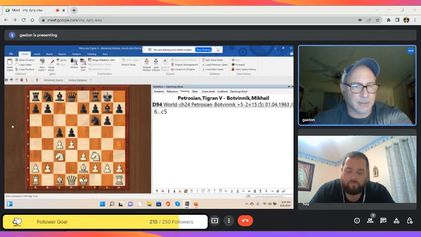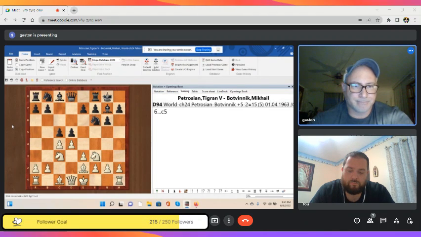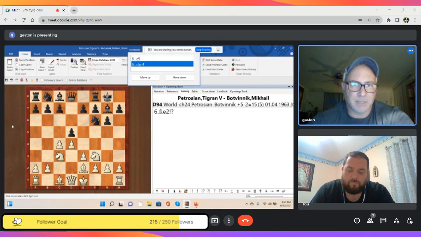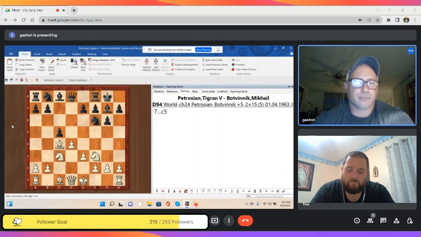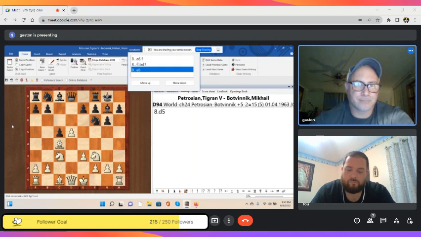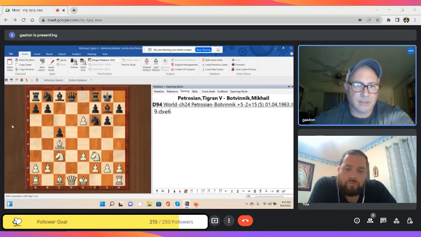Yeah, c5 is the most dynamic idea, right? You have the king safe, you need to open the center, right? So c5 is very good. But Botvinnik plays d4, bishop c4, and c5. So d5, a6, and this move is excellent because it starts Petrosian's style right away. Exchange queens,